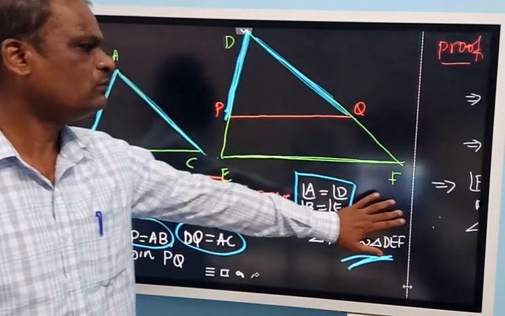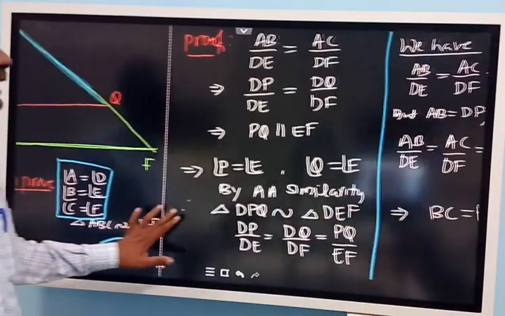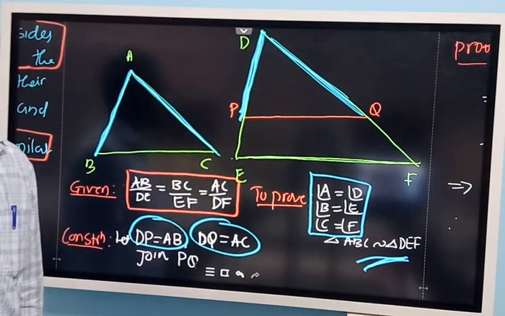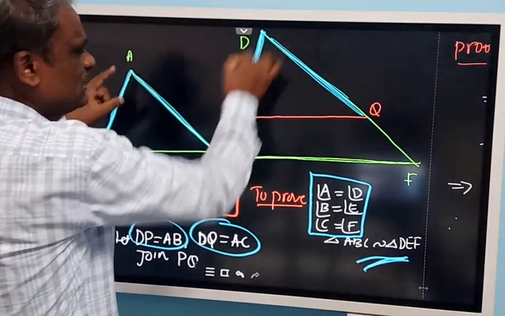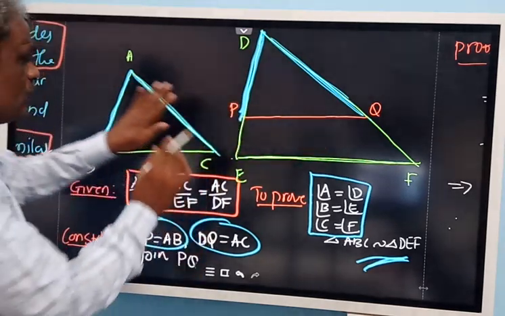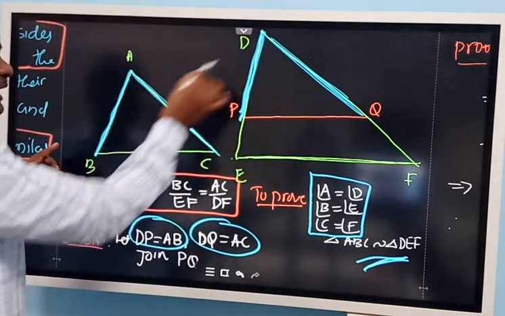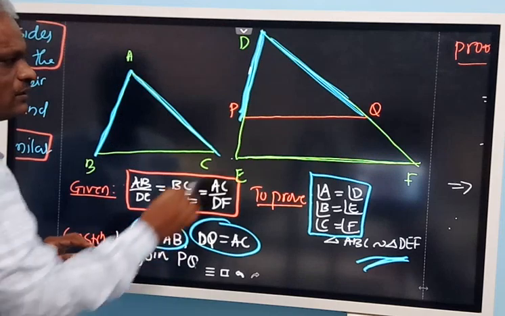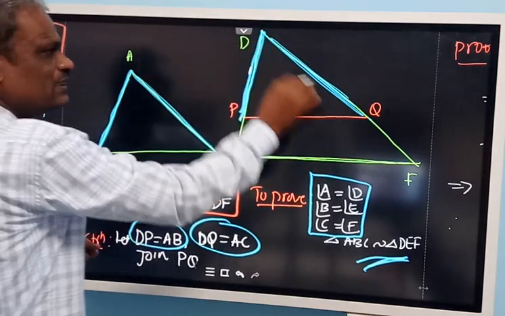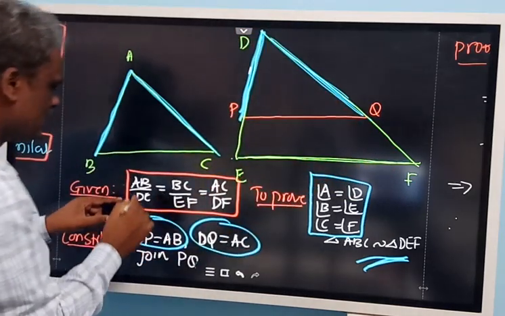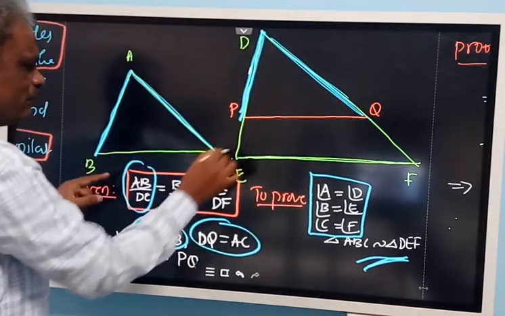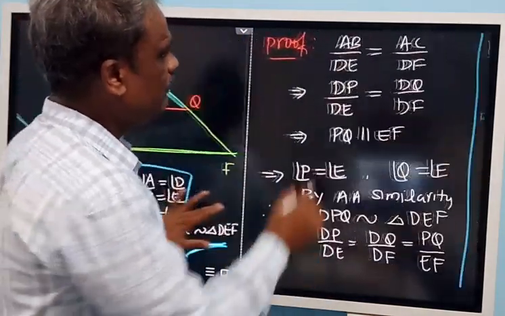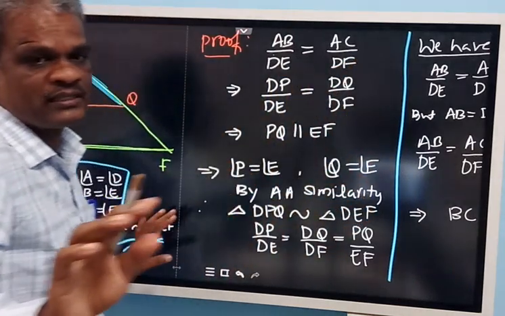Now let's go to the proof. So in the proof, as we have already looked at, all the three sides are in the same ratio. Now since I want only with reference to these two triangles, forget about this bigger triangle, only talk about these two. For that I need AB and DE and this one, the complete sides. Because this part is on this side and this part is on this side, therefore I will take these two sides only. One is AB by DE, another one is AC by DF, both are equal. So I have written here, AB by DE is equal to AC by DF. Is it clear? Are you following?